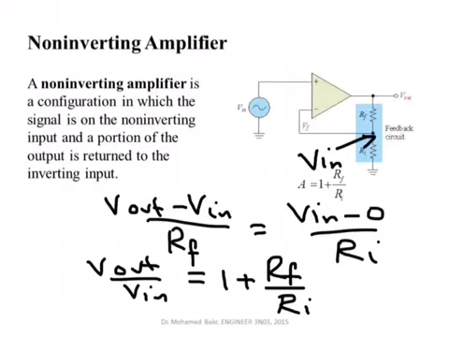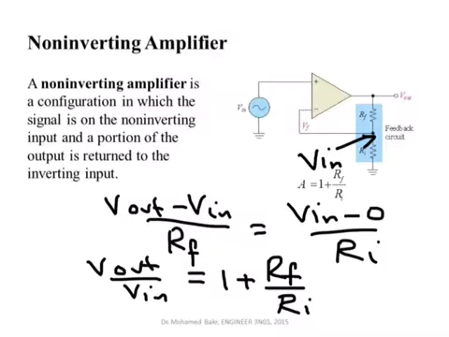Now for this amplifier, I would like to draw to your attention to one thing. The input resistance seen by the source is infinite, because looking into the positive input of the op-amp, there is no current flowing in. Then this source is really an open circuit, which is a desired feature in any amplifier. One other thing, the output resistance seen by this op-amp,